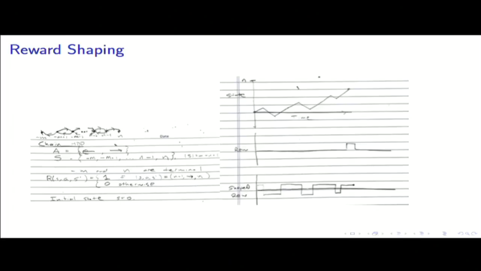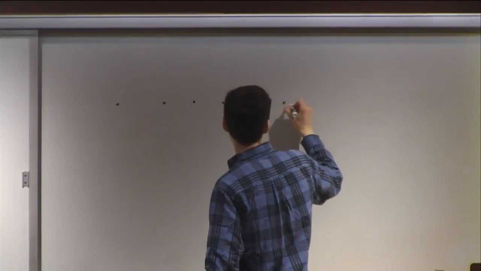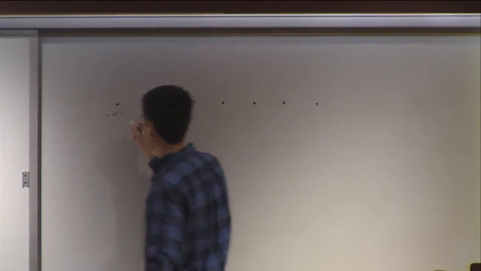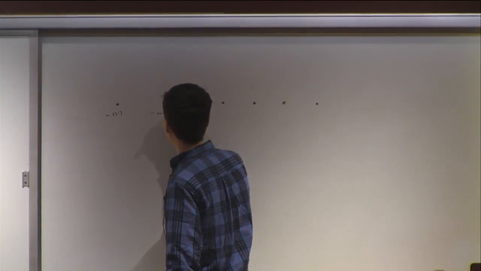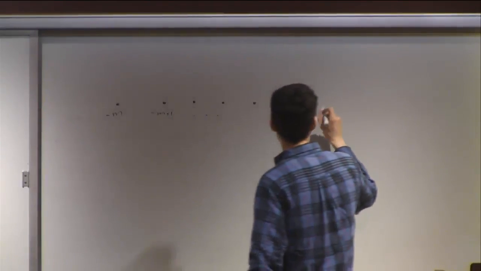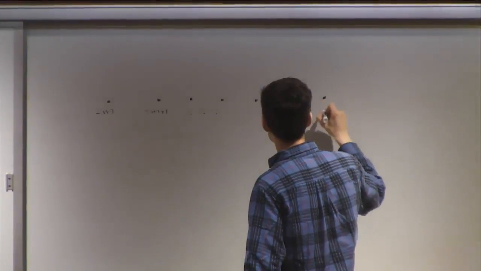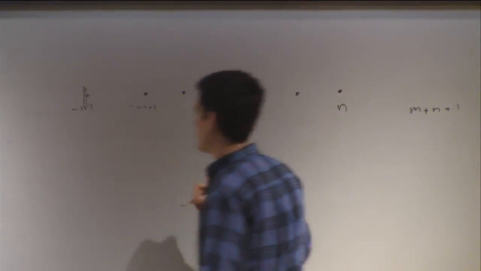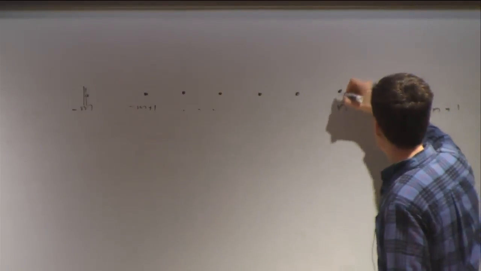So the chain MDP has, the states are a set of integers. Let's say we start off at negative m, and then we go all the way to n. So there are m plus n plus 1 states, and